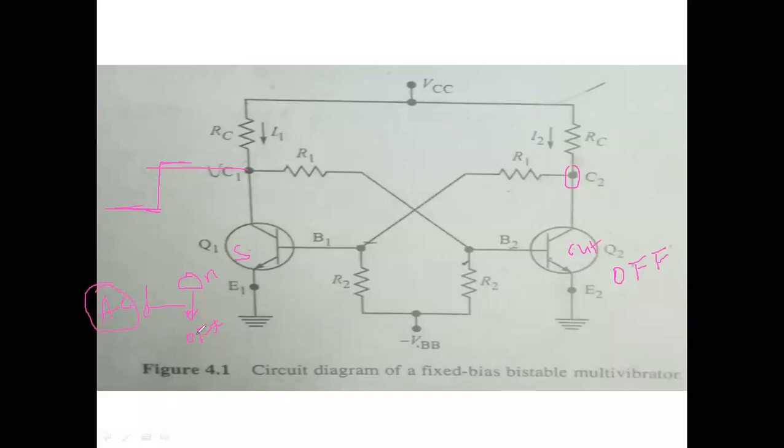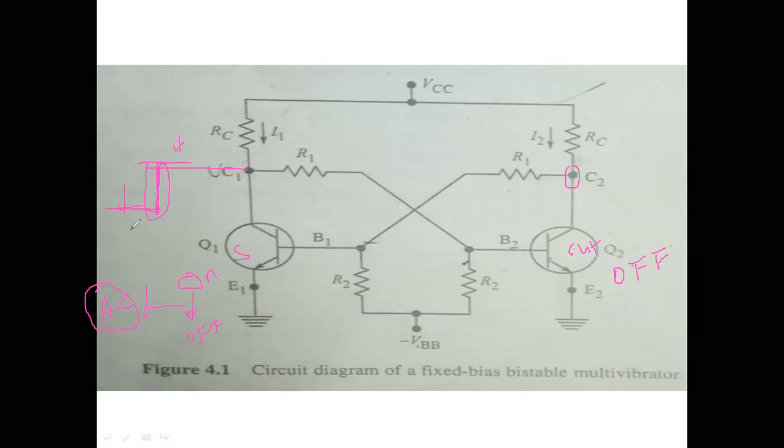But when we are talking regarding the stable states, this is a stable state and this is a stable state. While the state is changing, it is not stable. At this period, the transistor may be in active region. But when you are talking regarding the stable regions, the transistor will be in cutoff zone or in saturation region. It won't be in active region. Therefore, while we are discussing the stable states, we won't come across the active region.